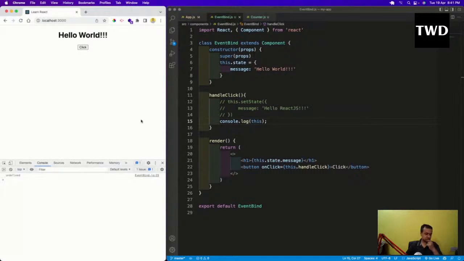But this should be attached with your class. It should be attached with this class, event bind class, then only it will work. And if you want to see what this behavior means, and why this is happening,